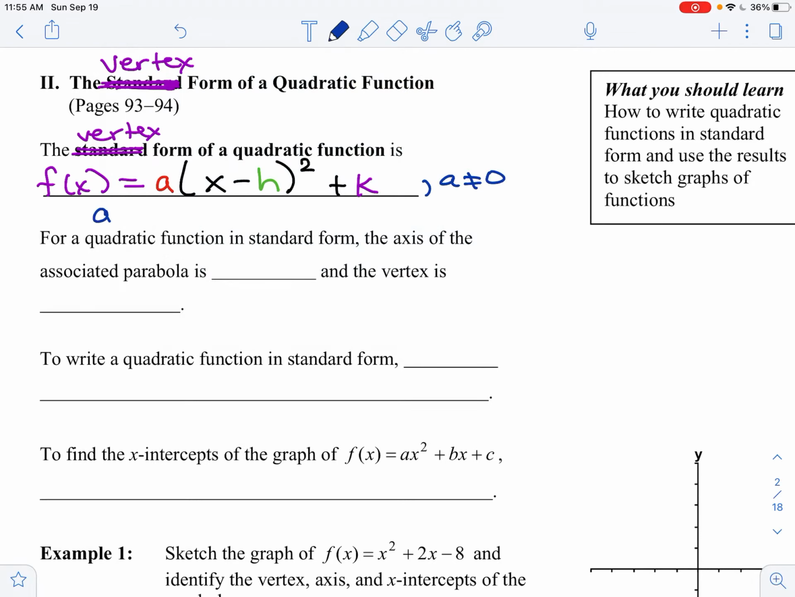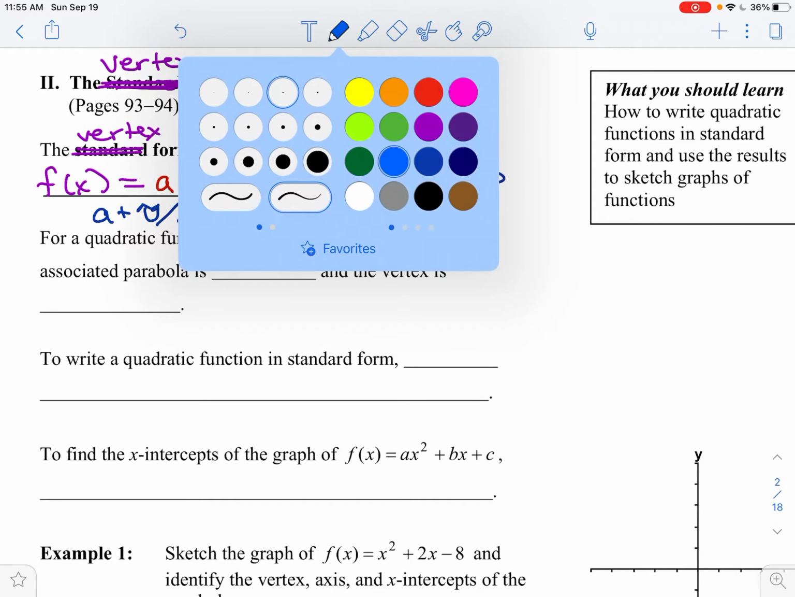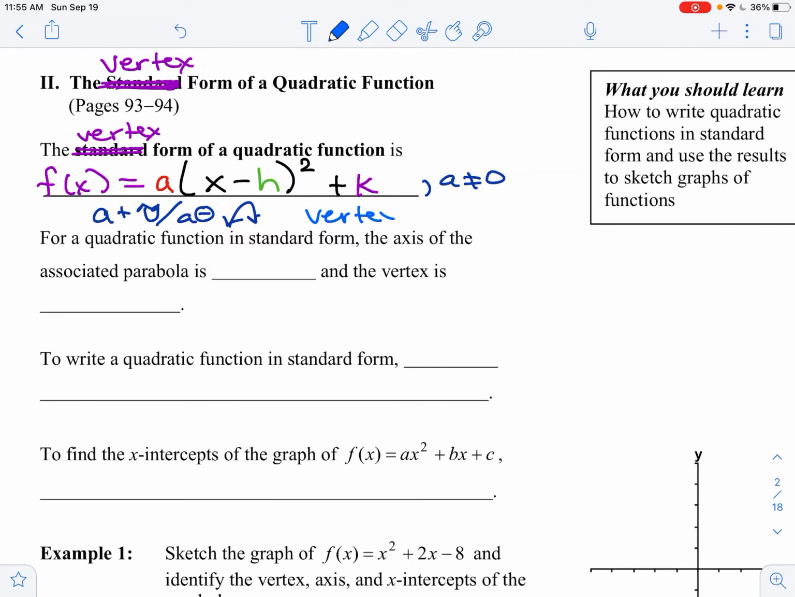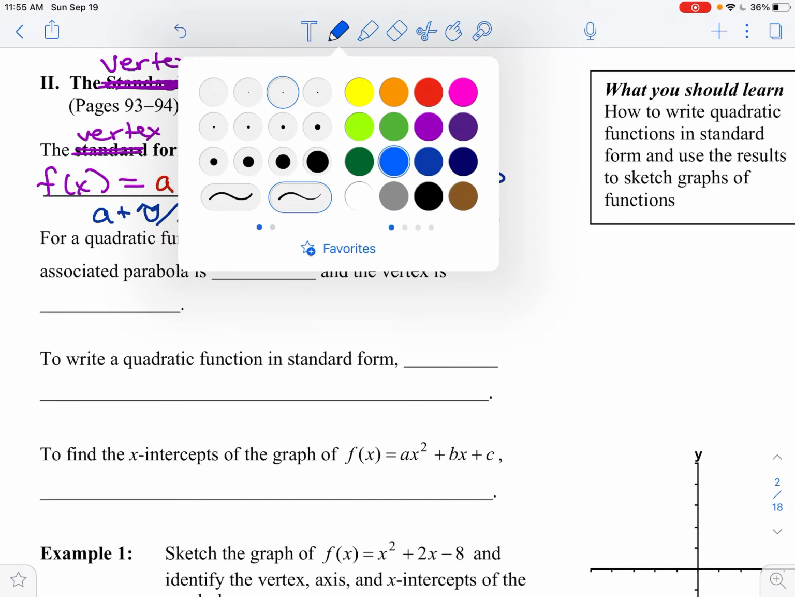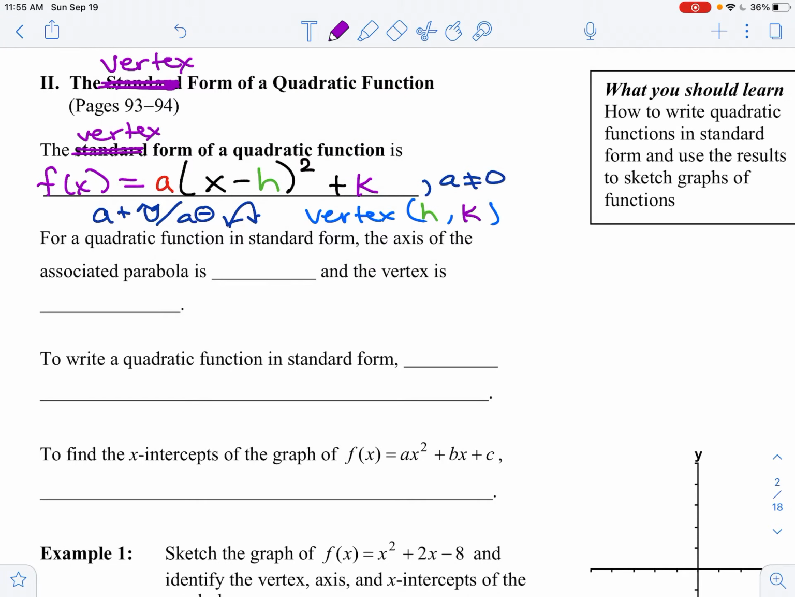So remember A, if it's positive, it tells us it's going upward and that it has a minimum. If A is negative, it's going downward and it tells us it has a maximum. And then the vertex is the point of h comma k. Okay, so the quadratic function in vertex form